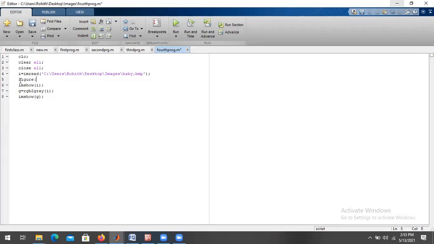So I do one thing: instead of having multiple figures, I go with subplot. If you go with signal processing, you already know subplot 2 comma 1 comma 1, and here subplot 2 comma 1 comma 2.